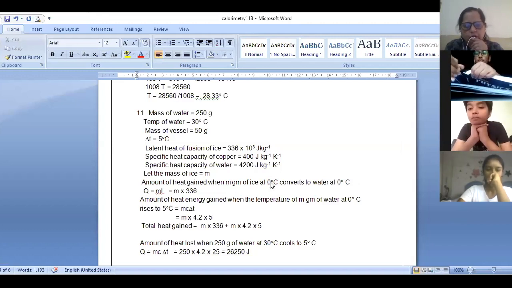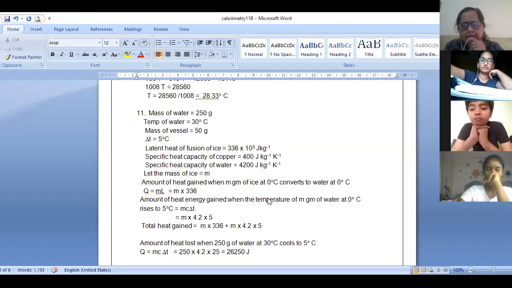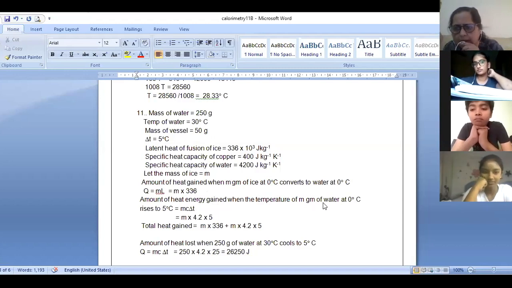So the first thing is change of phase. So m into 336, again it is in grams. That is fine. Now this ice has turned to water, right? Now this water is going to rise in temperature. You have to bring the temperature to 5 degrees. Now this water is at 0 degrees, and the temperature of the mixture has to become 5 degrees. So the temperature still has to rise. Now m gram of ice has melted, so how much water is it giving? m gram of water. I do not know how much ice has to be taken, so the water is also m gram.